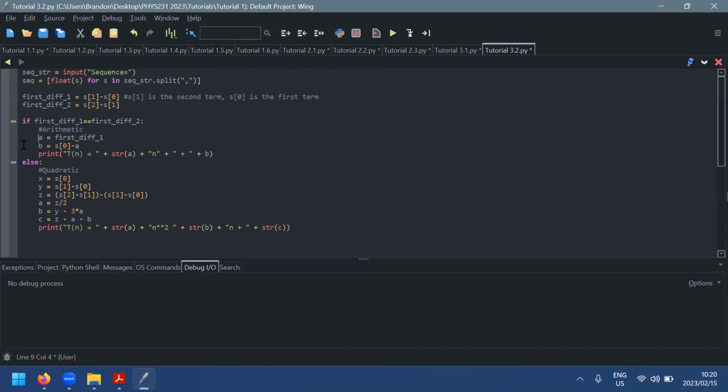And then B, remember how we determine that? We substitute the first term, and then we can solve for B. So just as a note, Tn is equal to An plus B. If we substitute 1, we have A plus B. We take that across to the other side, and we can solve for B. Okay, so we have A and B, and we can print out